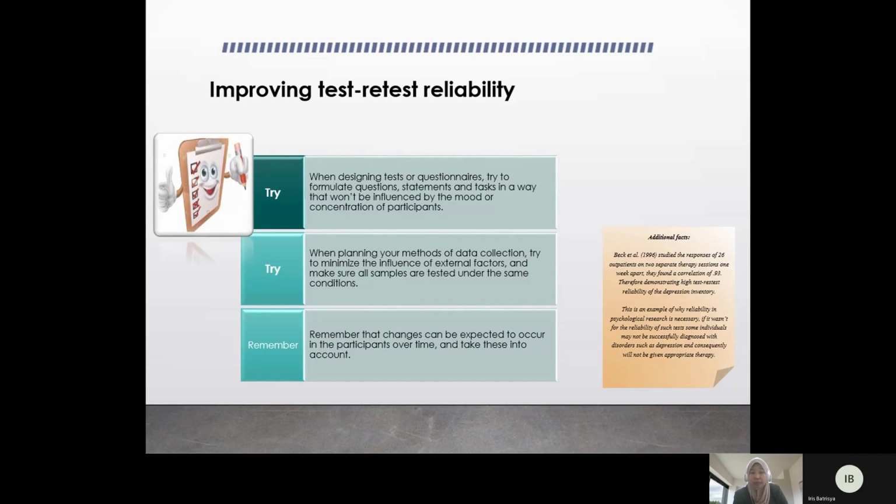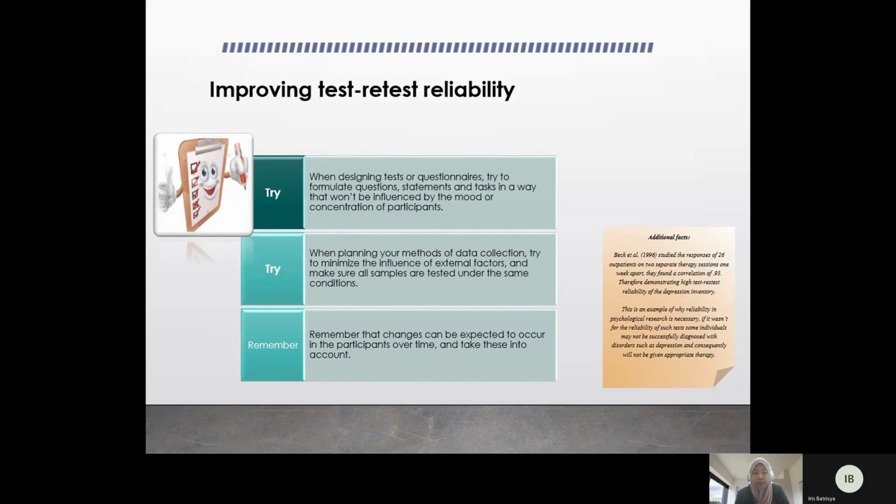Okay, itulah contoh. And then the next point is try to minimize the influence of external factors and make sure all the samples are tested under the same conditions. Okay, contoh kalau kat sini kita nak buat kajian tentang waktu kerja fleksibel, kita perlu plan supaya sampel yang digunakan untuk test ini adalah daripada satu agensi ataupun satu scope nature yang kerja yang sama. Contohnya kita tak boleh mengambil sampel yang datang dari pelbagai skop kerja, terutama kalau kita campurkan yang bekerja waktu office dan yang bekerja shift.